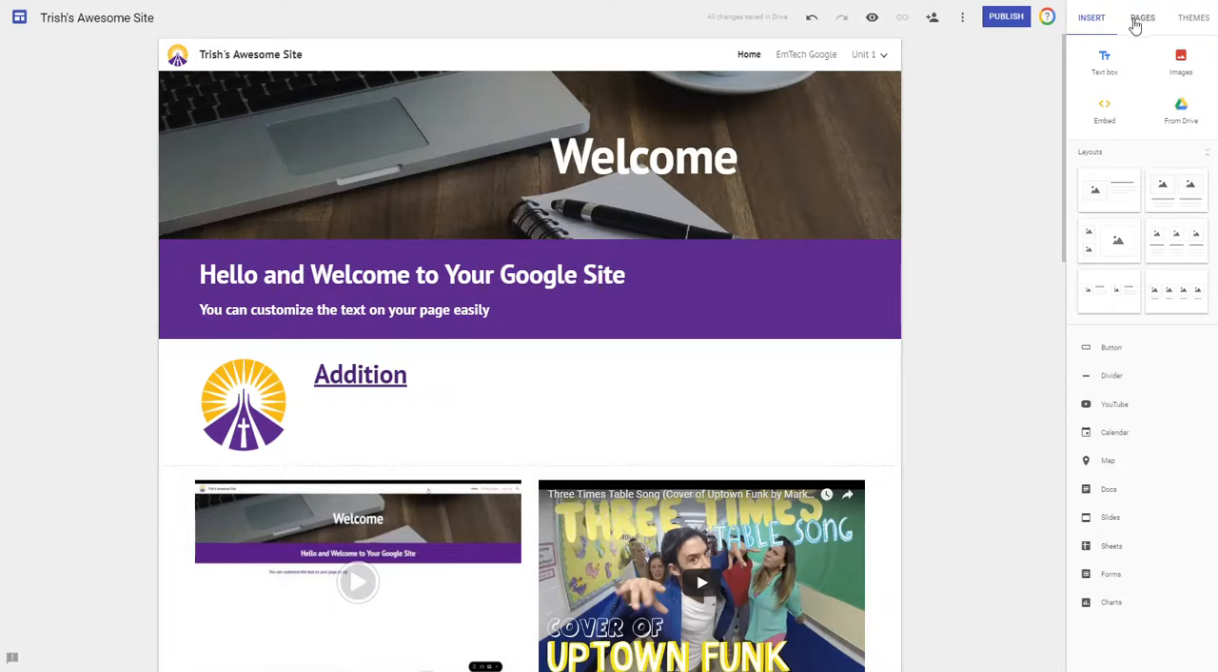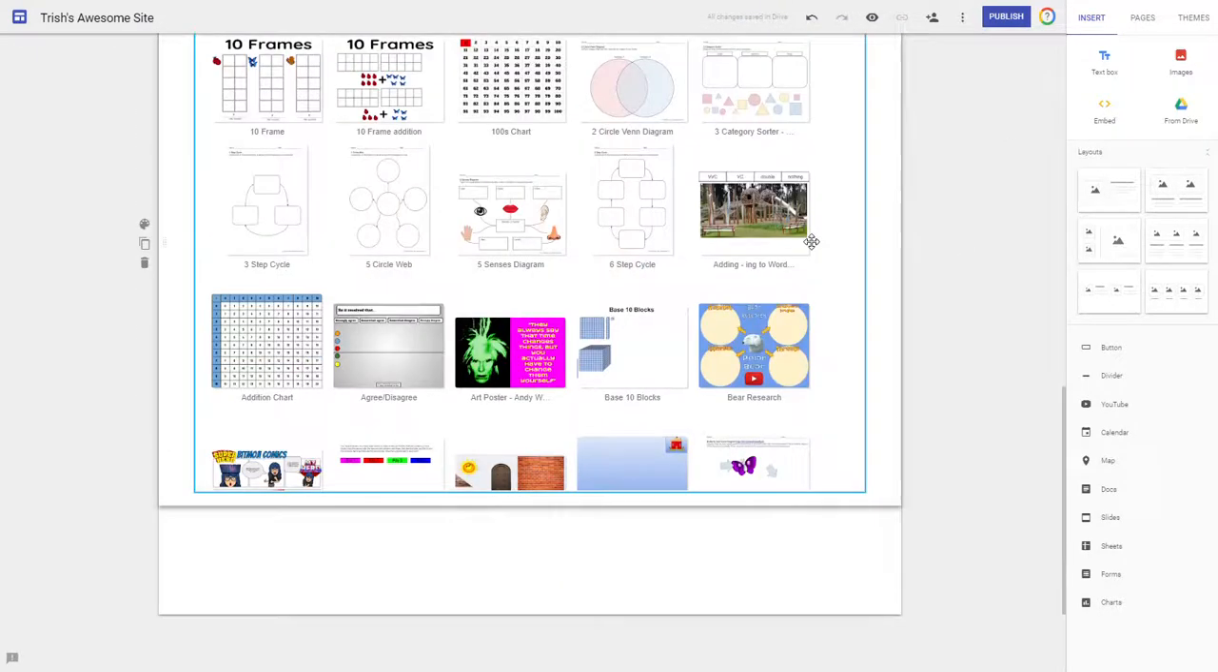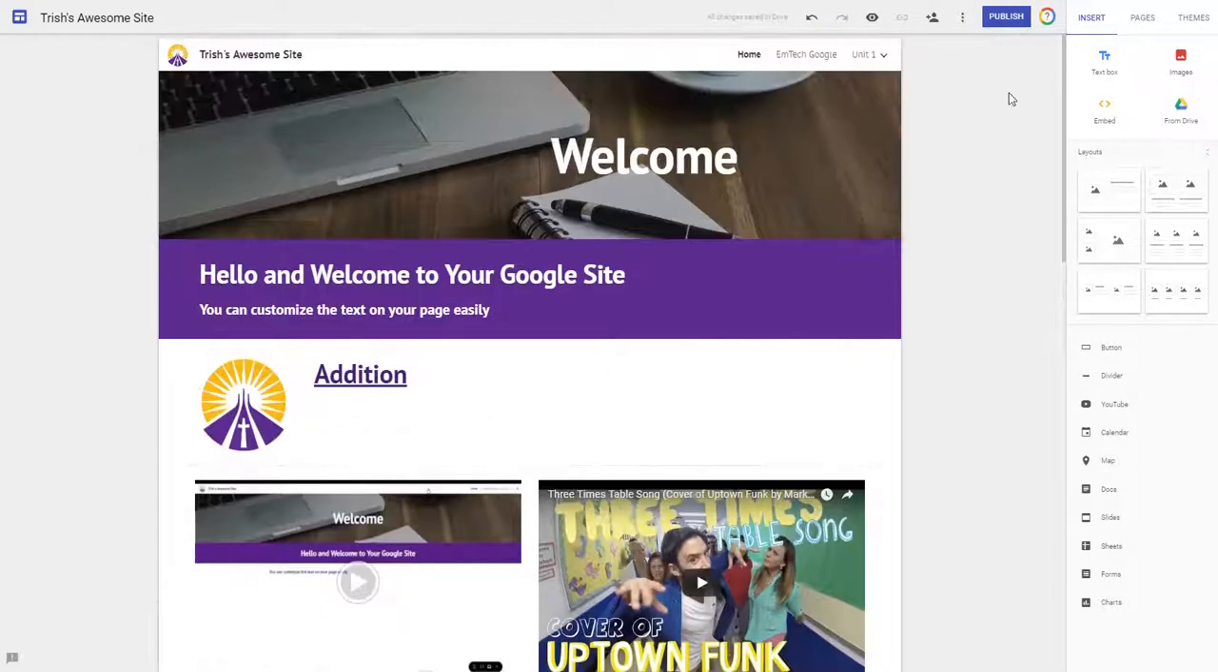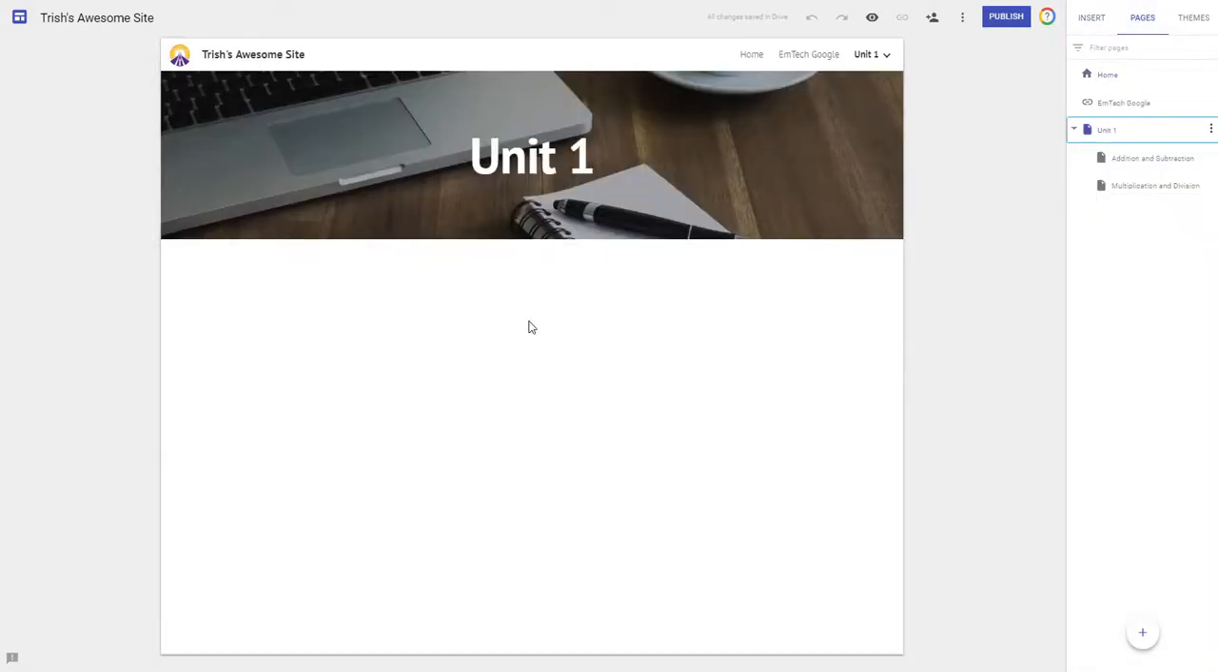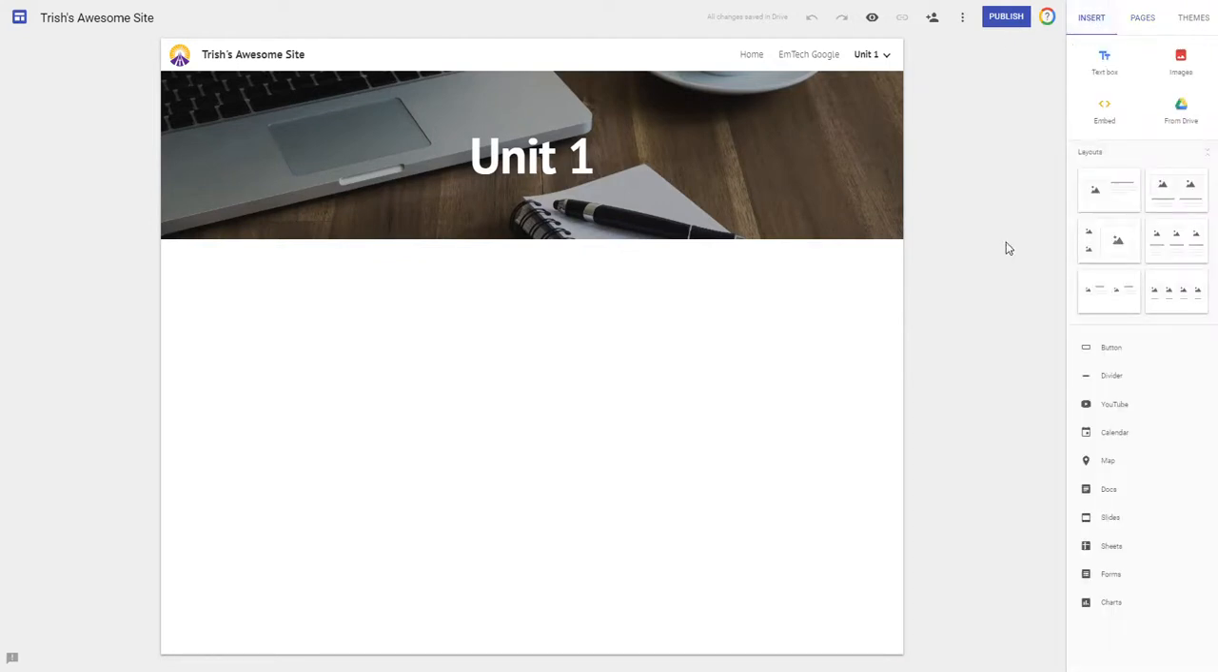So what I'm going to do is go to one of my other pages because we can see how this is getting a little crazy on here. So I'm going to go to my pages, I'm just going to jump down to one that's a little bit more blank for us. And back to my insert menu. One of the things you'll notice is that there's the layout feature. What this does is it allows you to have some layouts for text and images,